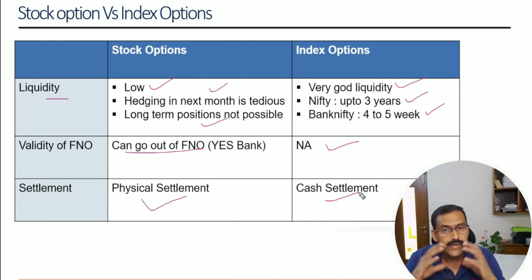Of course, if you are doing the monthly income strategies with stock options, for example, covered calls or option wheel strategies, having stocks or an equivalent amount, physical settlement will not be a problem, but you will have to know the proper selection of the stocks. Friends, initially I would recommend you to stick to index options and then slowly try stock options trading.